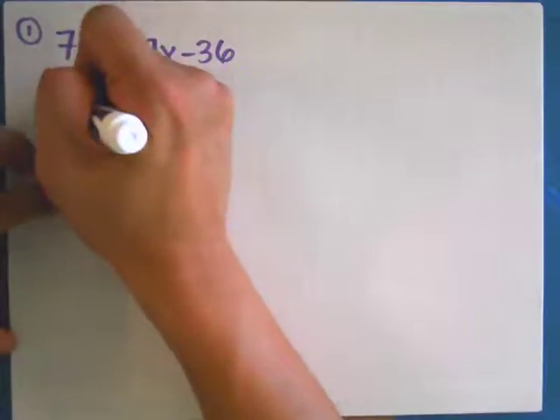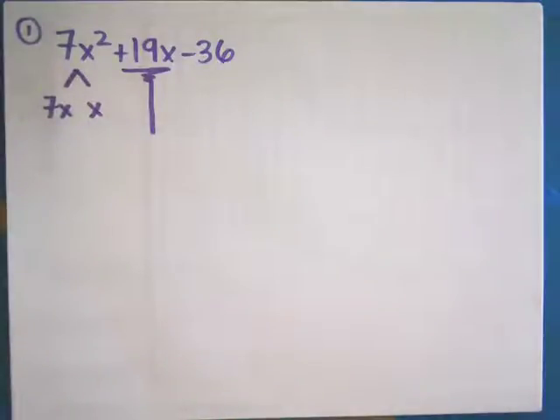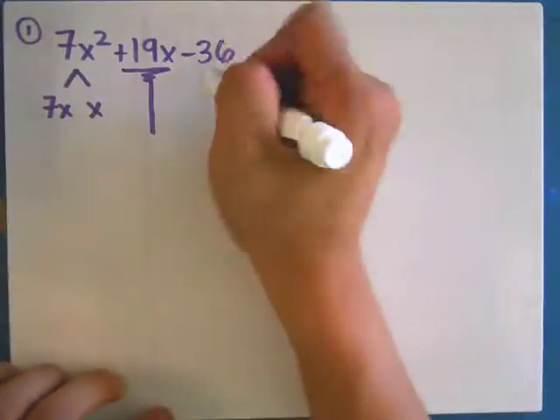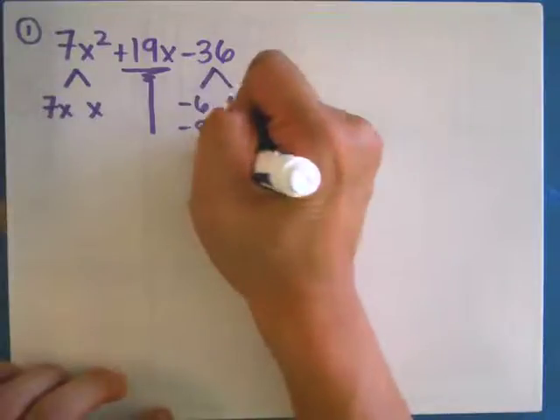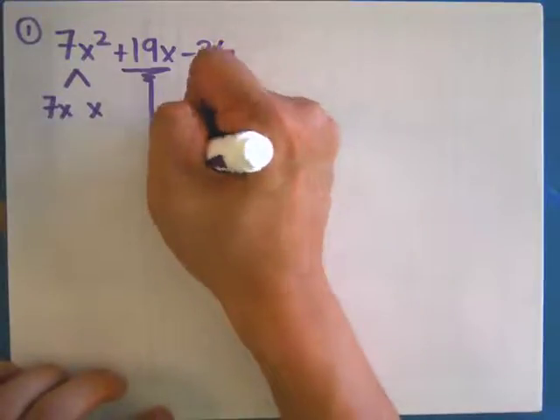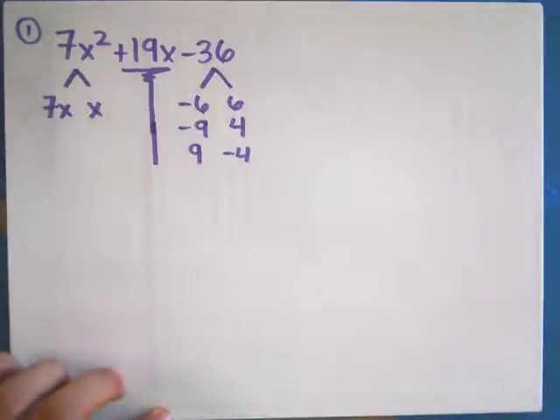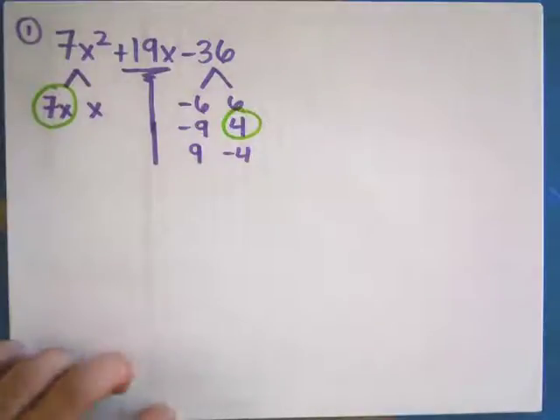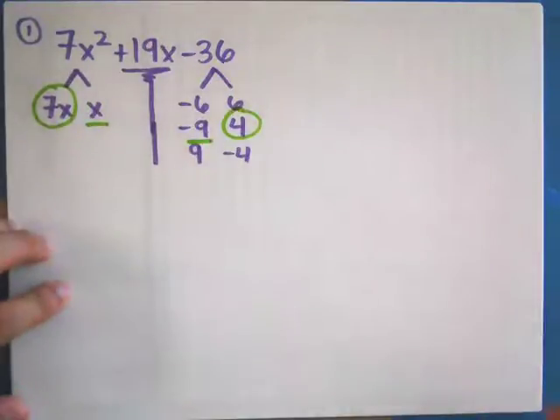Okay, how do you make 7x squared? It's just going to be 7x and x. There are different ways to make a negative 36. We can go -6 and 6, or -9 and 4, 9 and -4, and then you just do trial and error on that. But just because this section is all about answers, I'm just going to give you the correct pair. This would be the correct pair, 7x times 4, and the x times